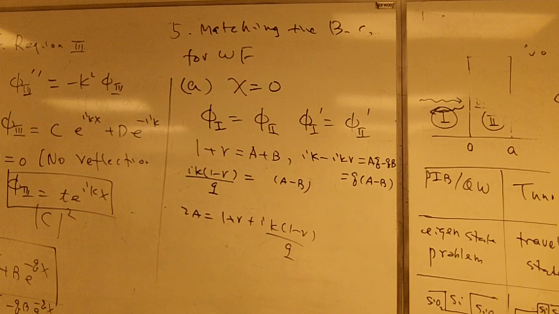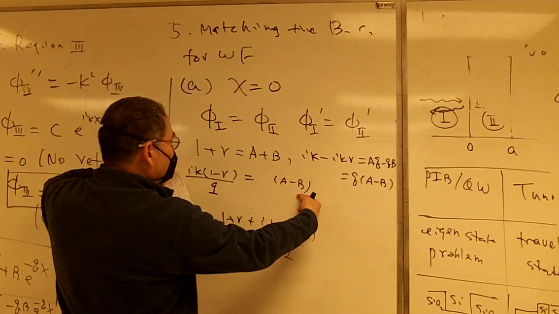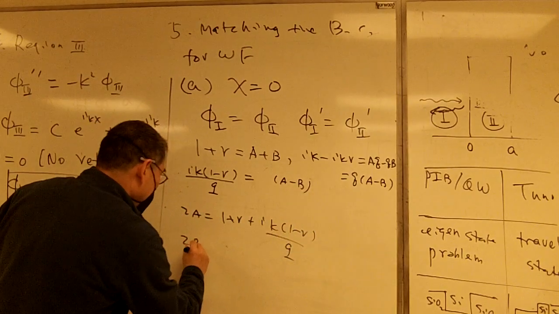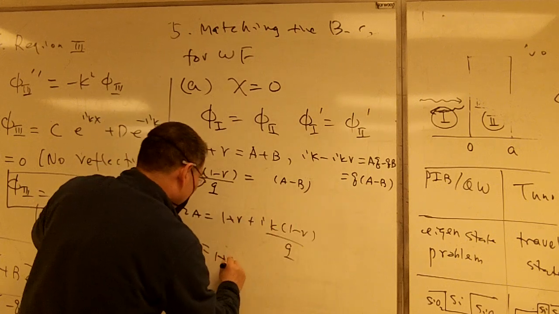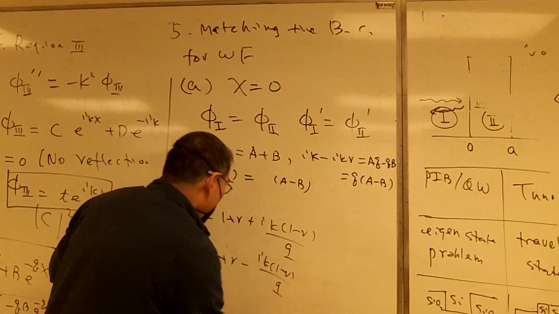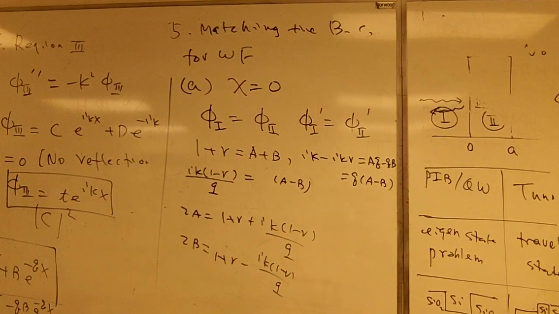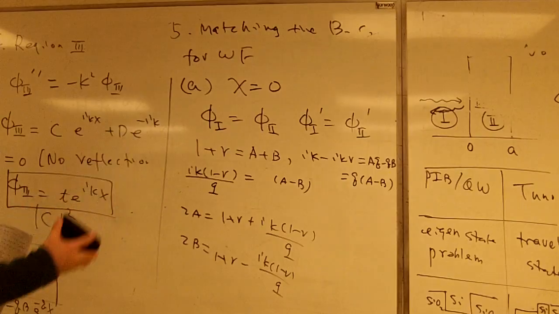And when we subtract, the top equation minus the bottom equation, I will have two b's. So this will be 1 plus r minus this term. So you see I can find a and b. All right, but this is not done with the quantization yet, because we still need to fix q and k. So that is our next job.